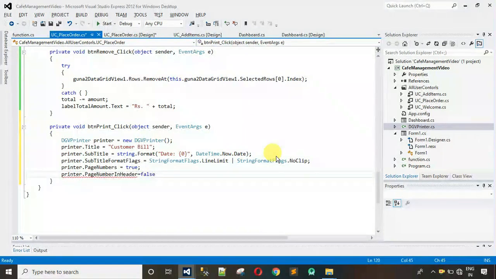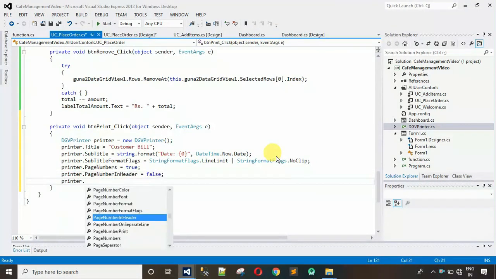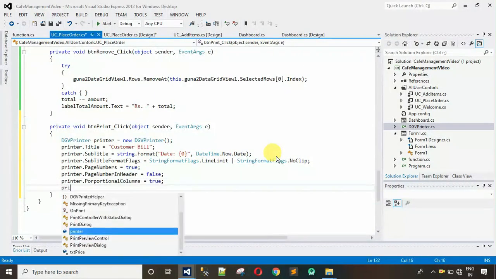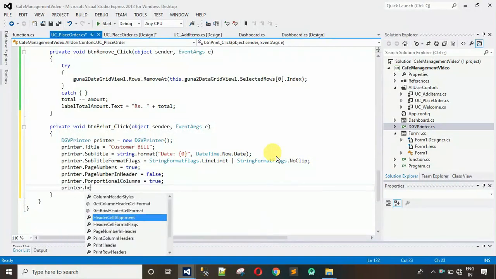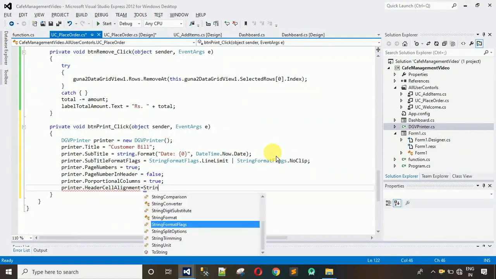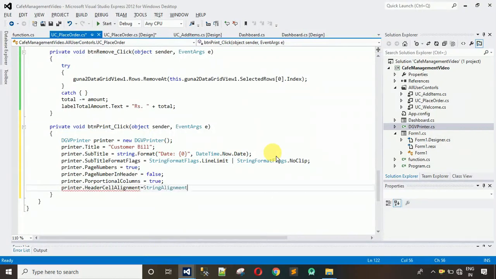I don't want the page number in header. After this we have to write printer dot proportional columns is equal to true, and finally we have to write printer dot header cell alignment is equal to string alignment dot near,